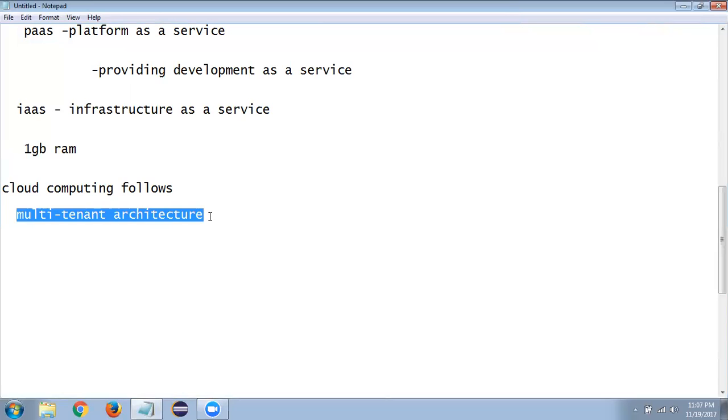In the same manner, your dedicated space is available in the cloud itself. According to your own credentials, you will get your own services, and along with your own services, the basic shared resources are also available. So this is all about the cloud computing architecture. Cloud computing follows this kind of multi-tenant architecture.